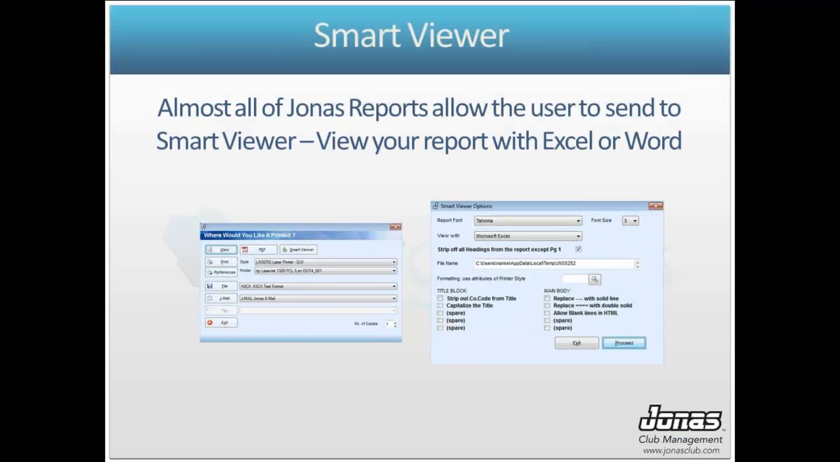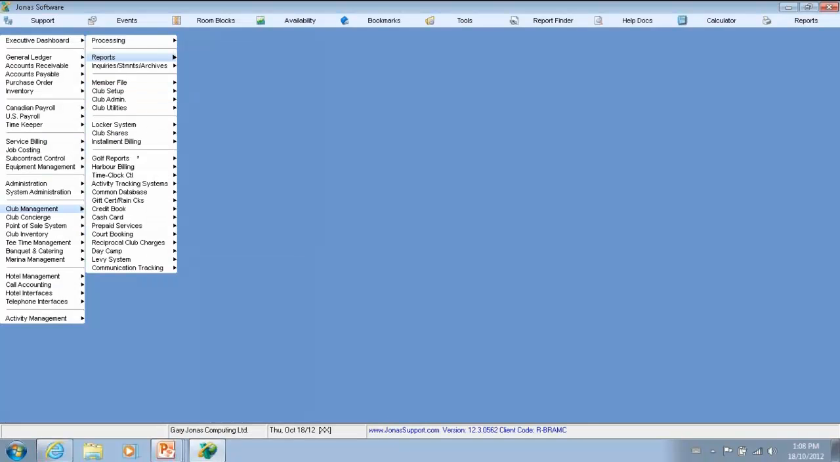Smart Viewer. Smart Viewer has been around for quite a while. Almost every report from Jonas allows the user to send it to Smart Viewer. So you can view your report with either Excel or Word or the PDF. And again, PDF was in there prior to the ability for us to send directly to a PDF. But when we're printing a report, if we choose to go to Smart Viewer,